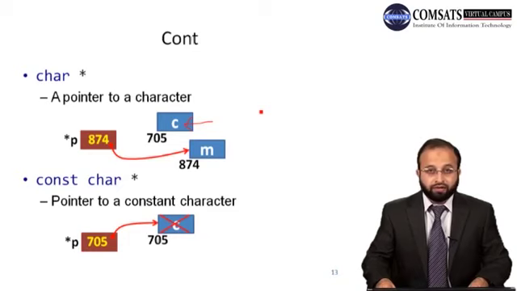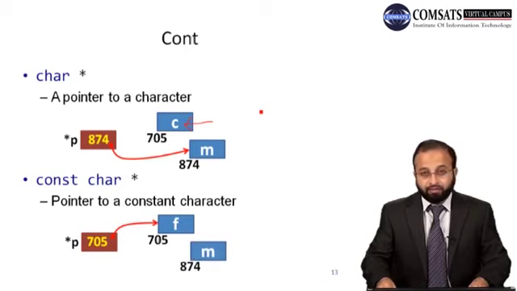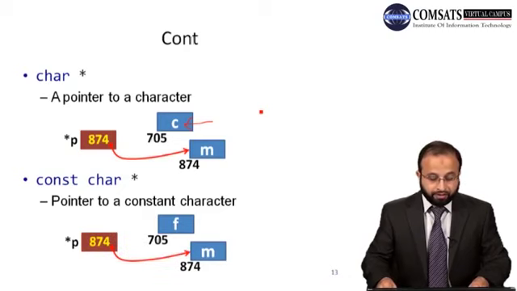You cannot change the value of the character stored in that memory location. So we have the previous character f, we cannot change its value, right? That is not allowable. And what about the other thing? We have another memory location where we store a character m whose address is 874. We assign that address to a pointer. That is possible. We can assign that address to a pointer and then the pointer points to this new memory